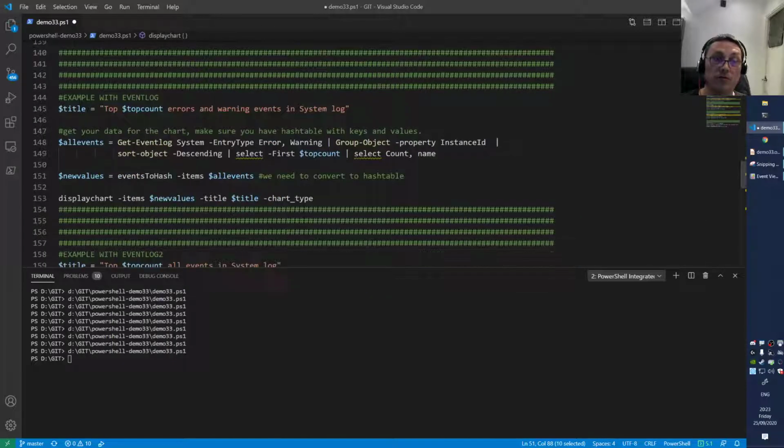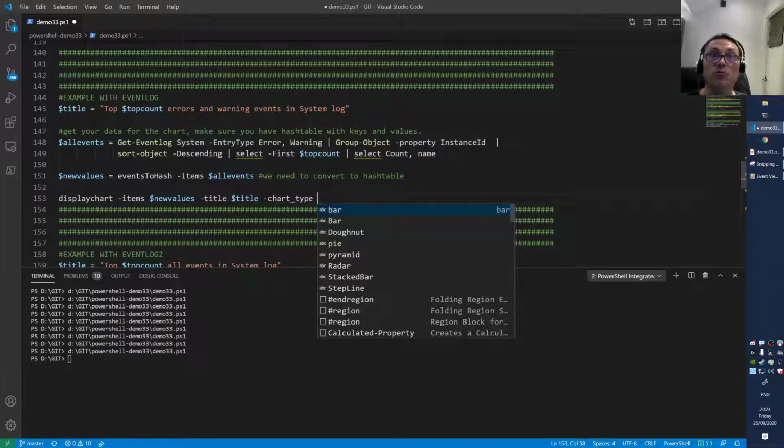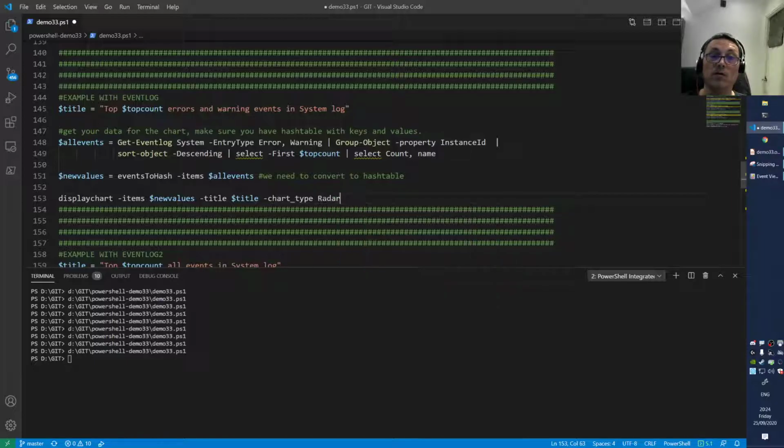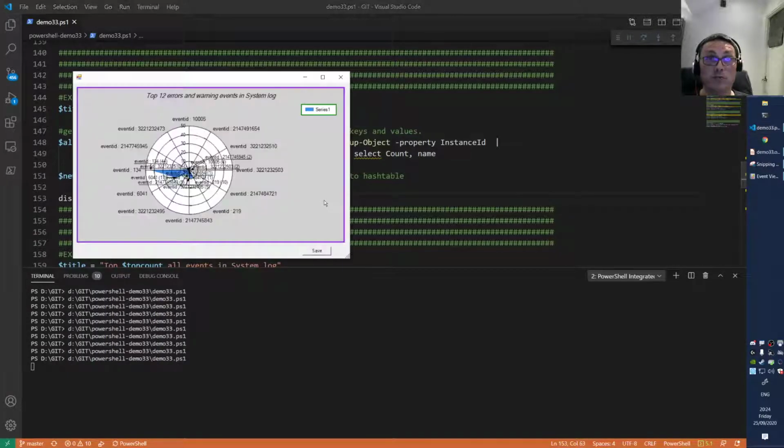So if you call that function, and we do that here, we call that function here, display chart minus chart type, then we also can do a Ctrl+Space, and then you enumerate also the values you accept inside of your function. And so we wanted to play with the radar, so now we select the radar, and we run the code again with F5. Then we wait a little bit and we should get a different output. You see now we have a radar.